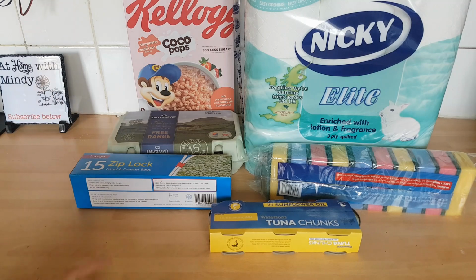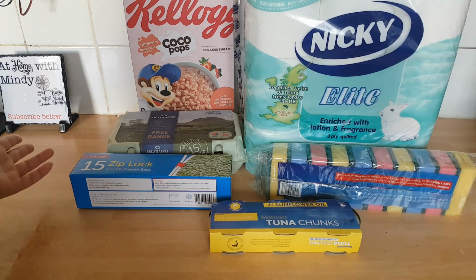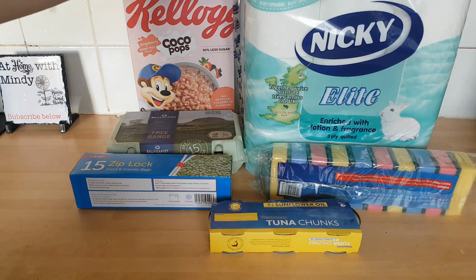But anyway, in Home Bargains, we wanted more toilet rolls because last week we only got hold of a 9-pack. And we've got 4 left, plus what's left on the holders. But that is not enough for next week. Not with 4 adults and all that, you know, visitors. So I wanted the 18-pack just because